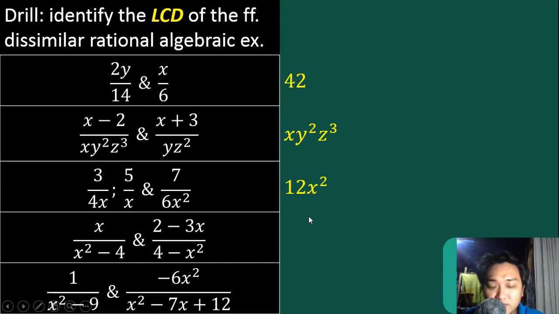Now, what is the LCD between x over x squared minus 4 and 2 minus 3x over 4 minus x squared? Again, they are just reversed. Their binomials are just reversed. If you notice, one is x squared minus 4, the other is 4 minus x squared. So what we will do is